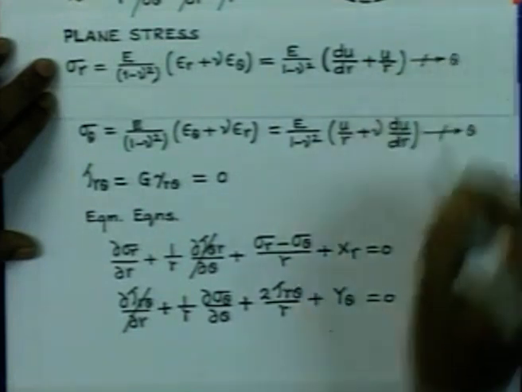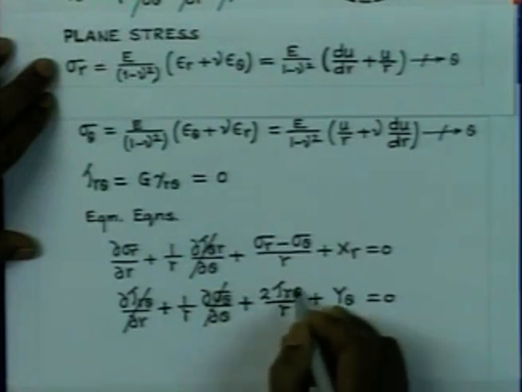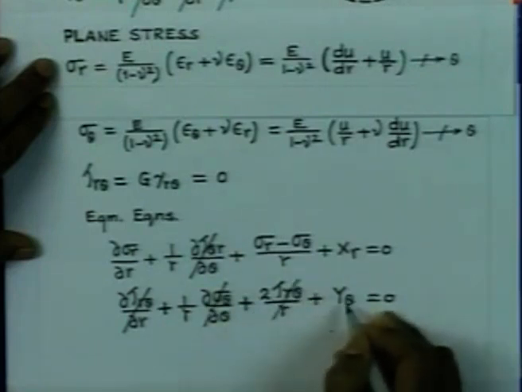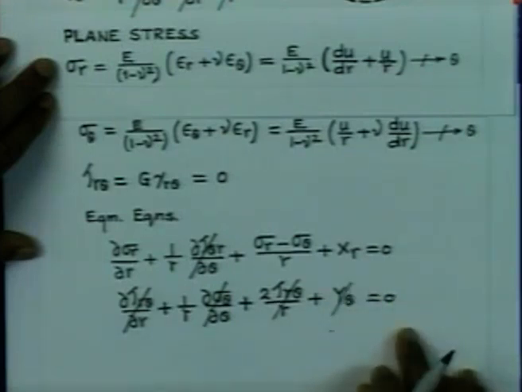So, therefore, what we find is that this term is non-existent, shear stress is not there, and in the case of thick cylinder subjected to pressure loading, there is no body force. So, therefore, this equation in the theta direction is identically satisfied. Now, if you consider the equation in the radial direction,